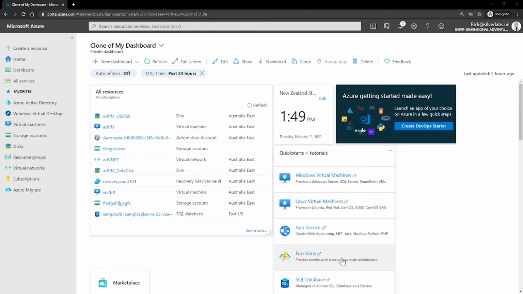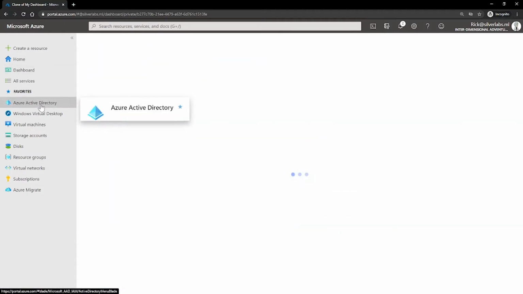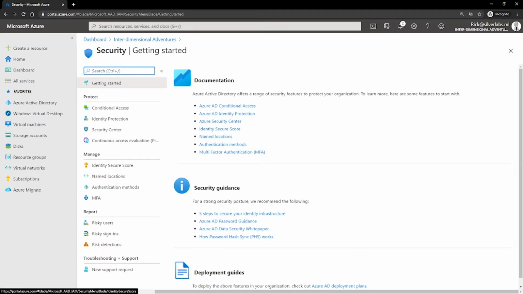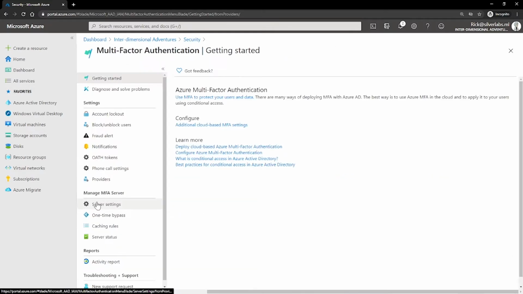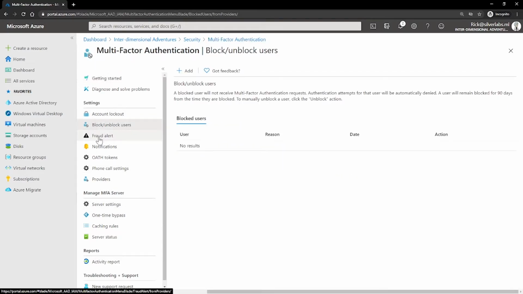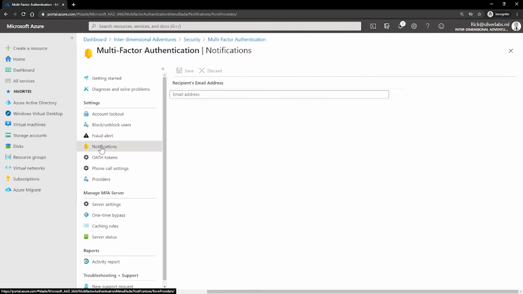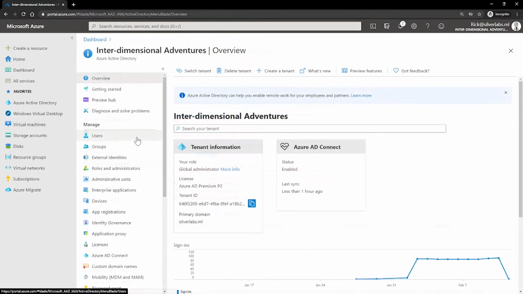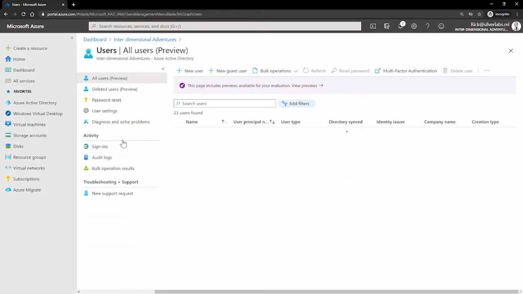Now let me show you how you can find the multi-factor authentication settings. In your Azure Active Directory, you can go under Security, then under Manage, and click on Multi-Factor Authentication. This is where you would be able to find all the settings like account lockout, block/unblock users, fraud alert settings, notifications, tokens, phone call settings, etc. To turn on MFA for users, you can go to the legacy Multi-Factor Authentication portal.